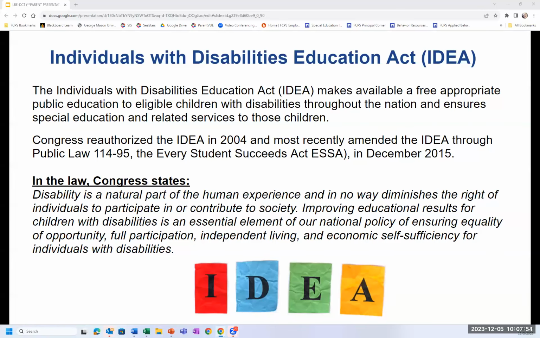These services and supports should enable the student to make progress toward meeting individually identified academic or functional annual goals, and so ensure that they're involved and make progress in the general education curriculum, as well as to participate in extracurricular activities and other non-academic activities, and take part in these activities with other students, both with and without disabilities.